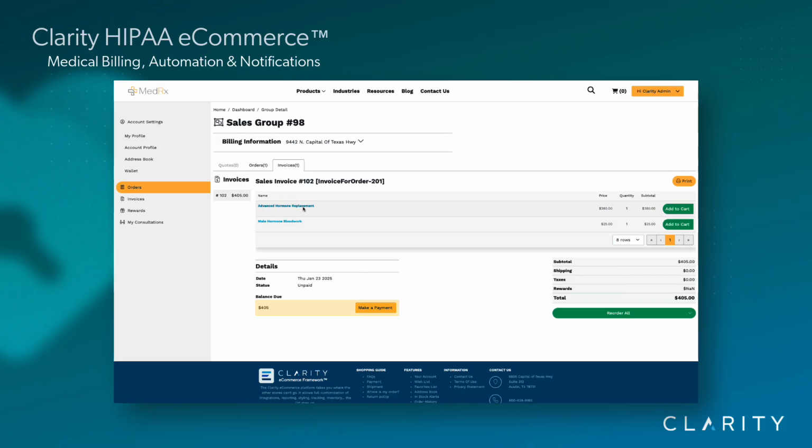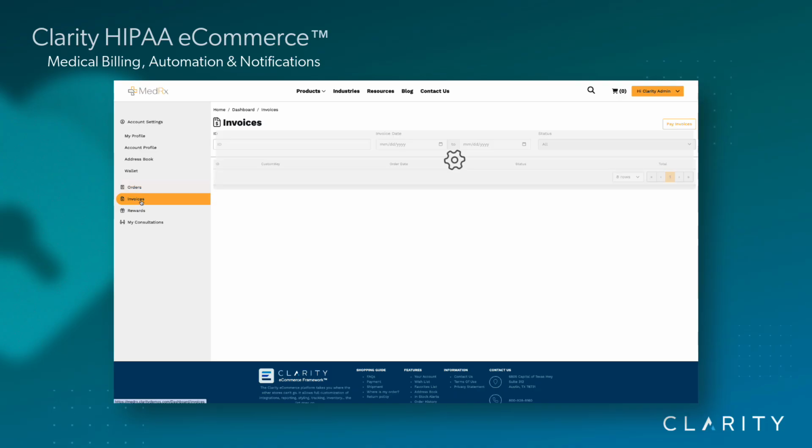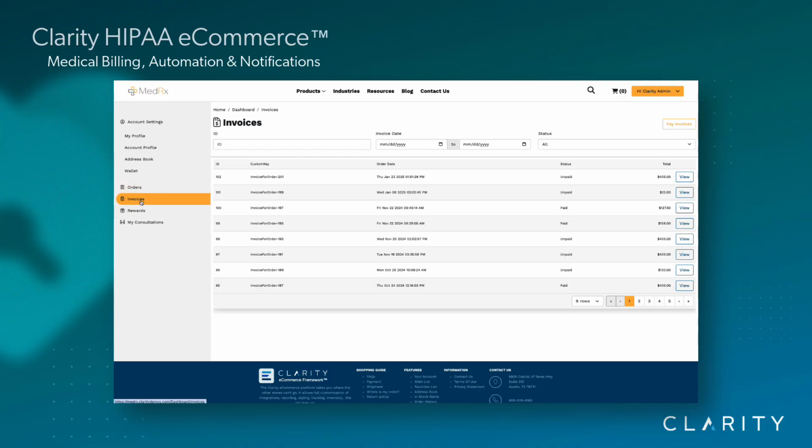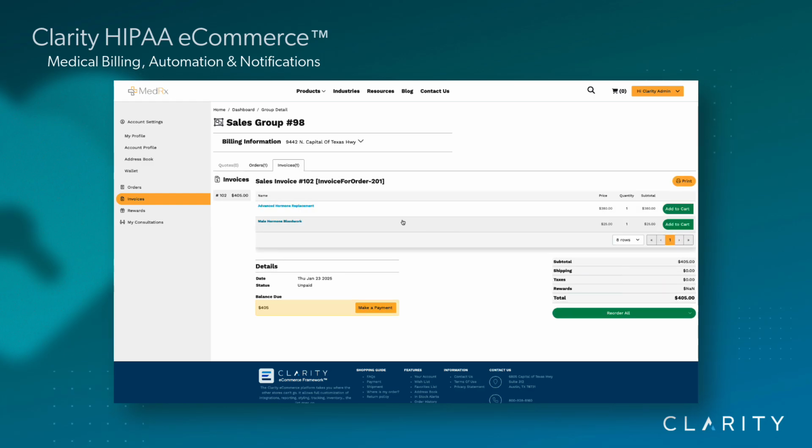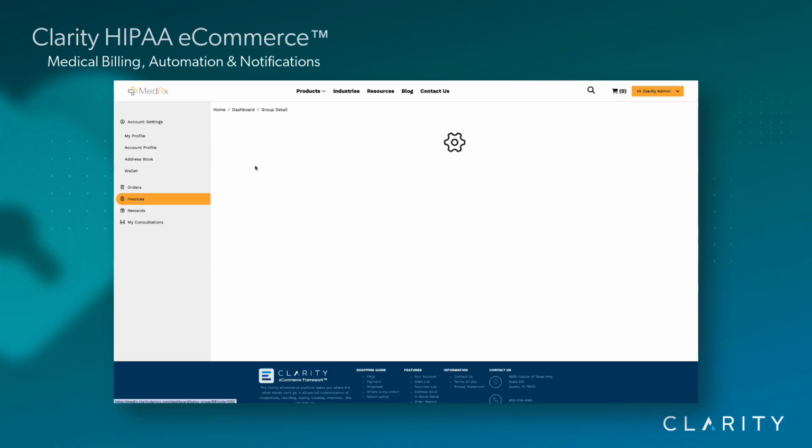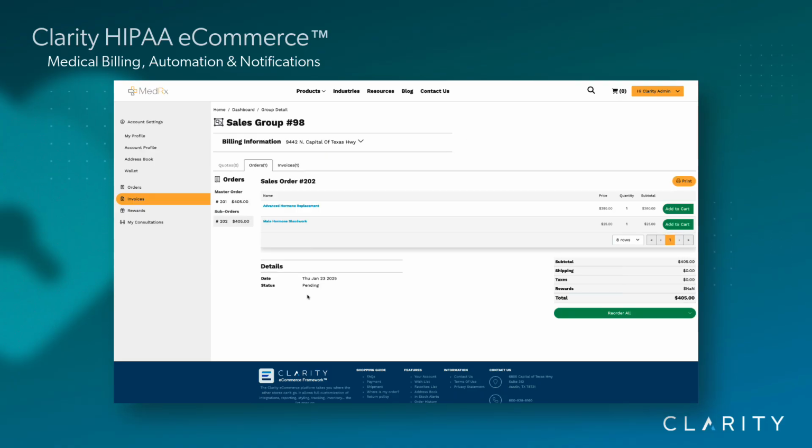Conversely, once that invoice was generated in the EMR, it would automatically be pulled into our system as an unpaid invoice for that same $405. The notification gets sent out to the patient with a link. They come in here, view their invoice, and see the details, but they wonder, well, has it been shipped? Where's it at? You can see we've linked the order, so they can go back to the order, and if it's been shipped, that information would show up here.